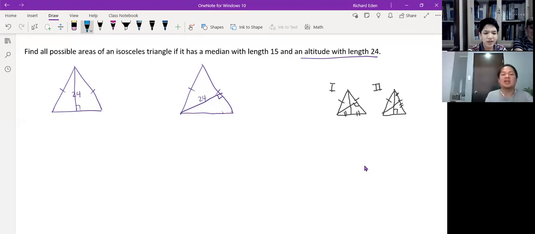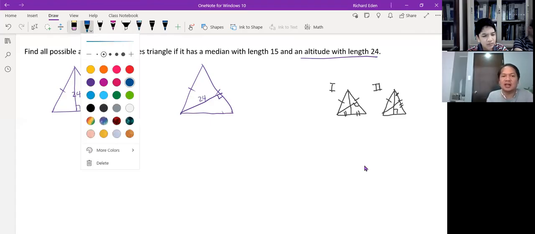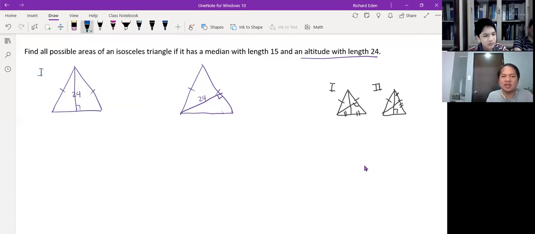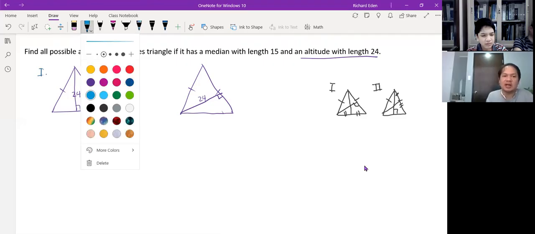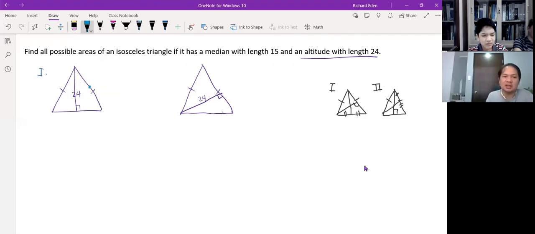Yeah, except from the first, kasi in this case, kung nung 24 na yan, here in case 1, that altitude is also a median. So if you have a median of length 15, then it will have to be ito. So ganito, 15. Now for the second case,